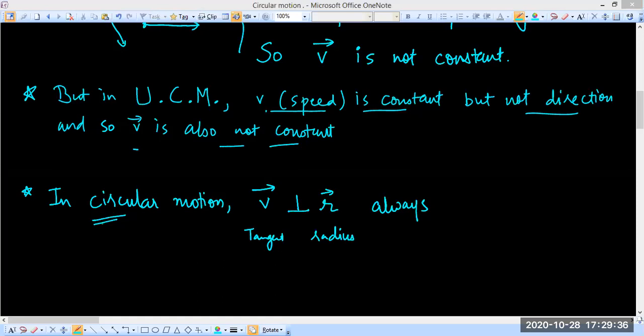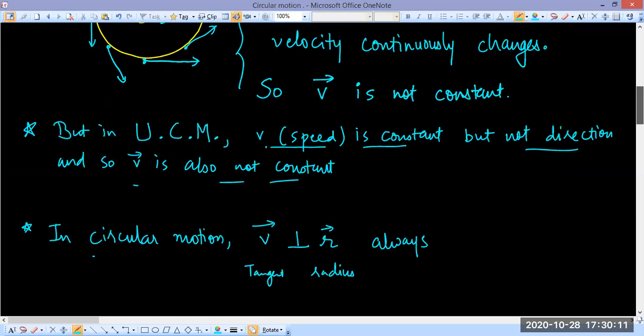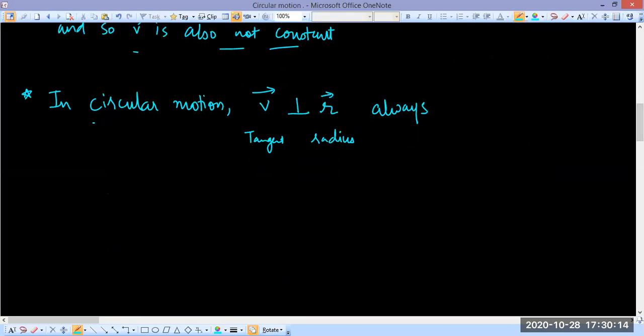Okay, so that's why in all kinds of circular motion the velocity must be perpendicular to radius. The velocity must be perpendicular to radius. Radius means this position vector, like this. Okay, suppose you call this origin, so right, at every point that will happen. This goes like this, then that goes like that. Everywhere it's going to be right angle. This must have come in 9th, I'm sure. Okay, fine.